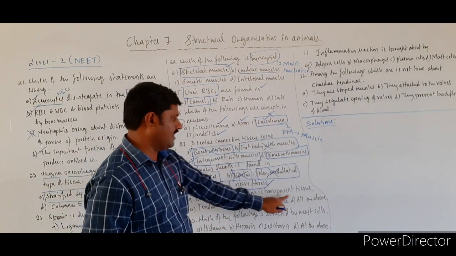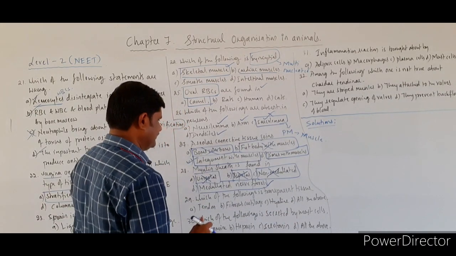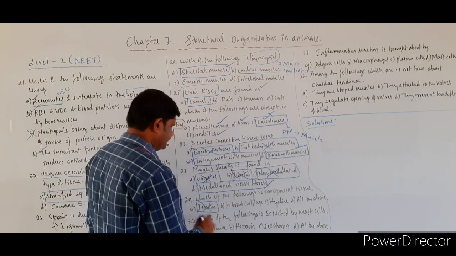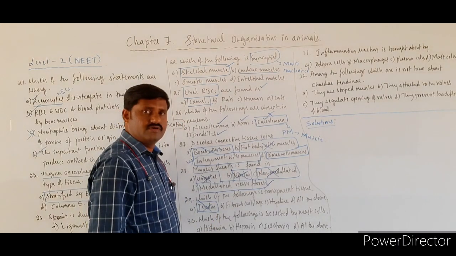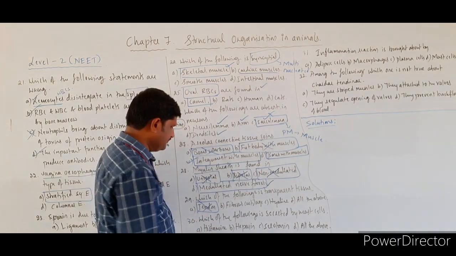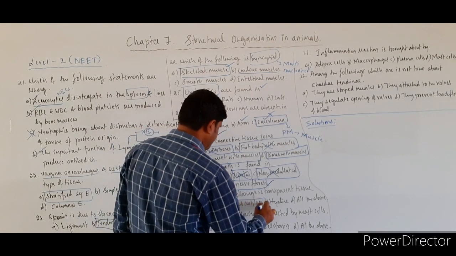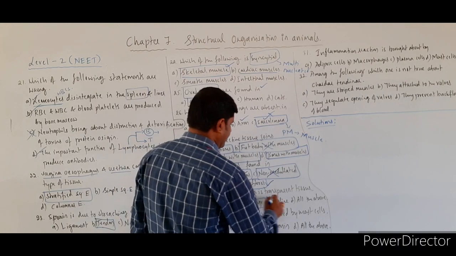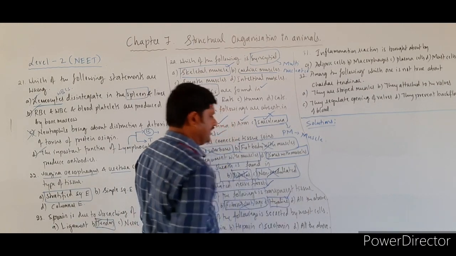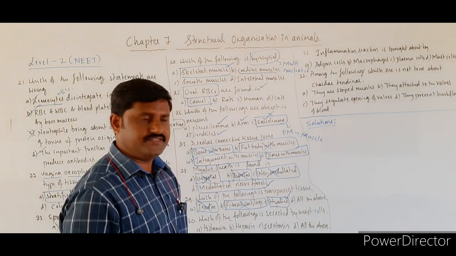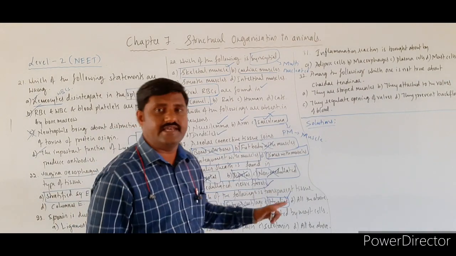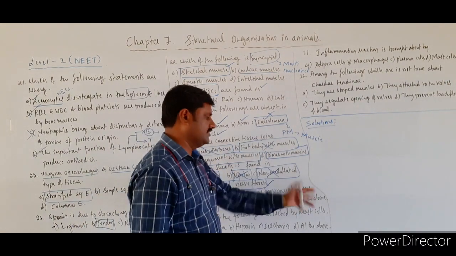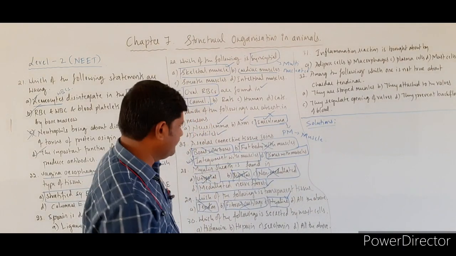Which of the following is a transparent tissue? This is nothing but tendon, it is a dense connective tissue. Fibrous cartilage, no, this is also not. Hyaline, of course, hyaline is one of the cartilaginous tissues which is glassy or transparent in nature, and all the above is not the answer for this question.